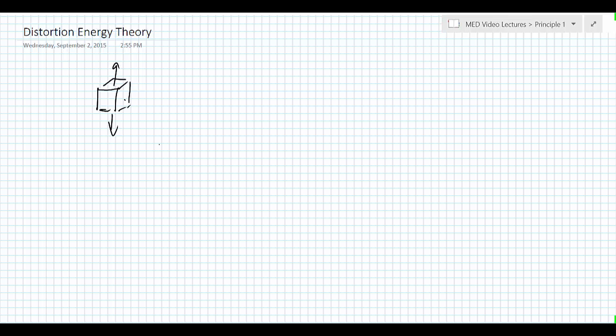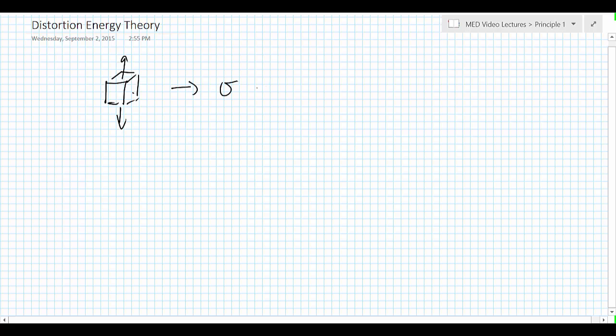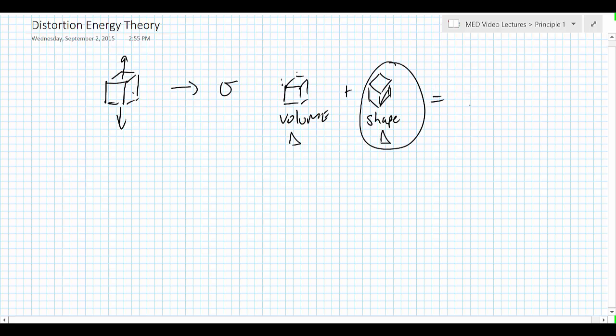This would just be one particular stress element, and that stress is going to cause some strain, and that strain is in two parts. We could call it the strain which makes the shape larger, so volume change, and it's also going to be in part deformation, which causes elongation. So remember, we're talking about ductile failure theory, so this is shape change. Distortion energy says when the energy associated with this shape change is equal to the shape change energy for failure,